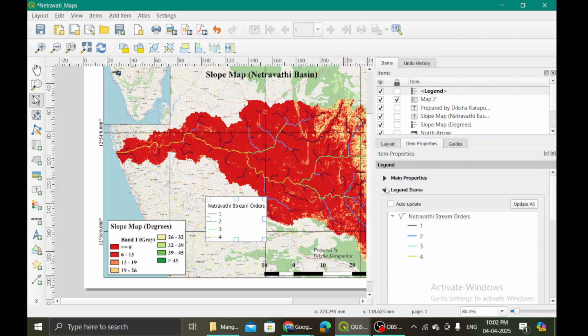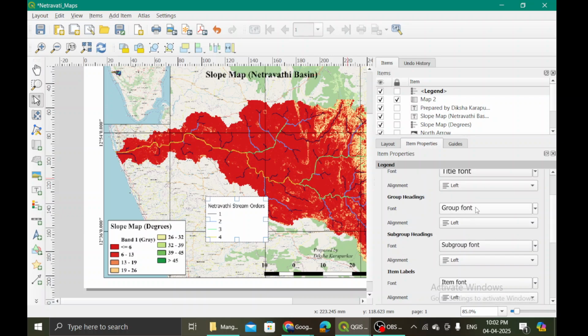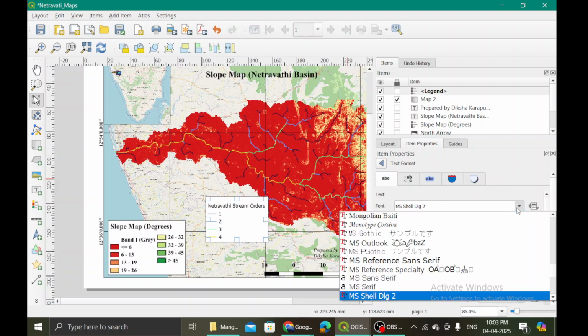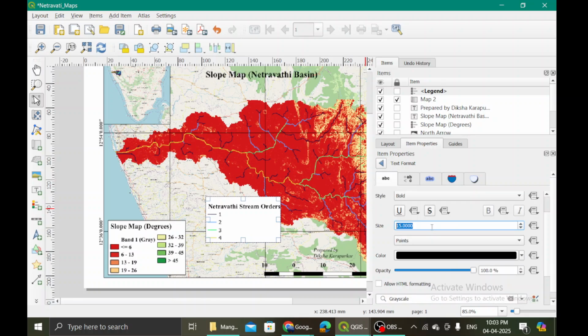Okay. Then again the same struggle, bring it to font and size where you can just change this. Okay, this is not the one. Then you can change this. This is also not the one. This, yes, this is the one. So what we will do, I want to change its font to Times New Roman. So let us choose Times New Roman, bold, and maybe 14 or 15 or 16, okay, 15.